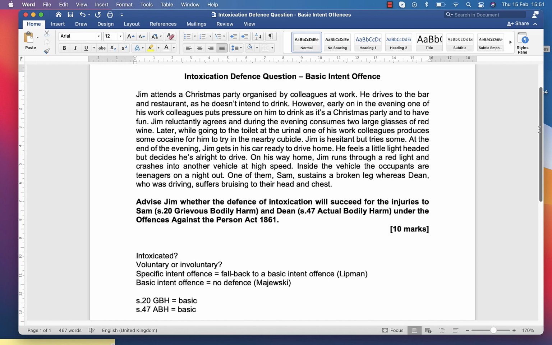So what I would say first of all is, for a 10-mark question, which is what my students are going to have next term on intoxication, the question, if you read that first, will indicate what the offence or offences are. Probably for a 10-marker it's one offence, but I've put 2 in for this. However, if we were dealing with a 30-mark exam question, as AQA A-level law like to do, then essentially the only difference is the problem scenario is longer.